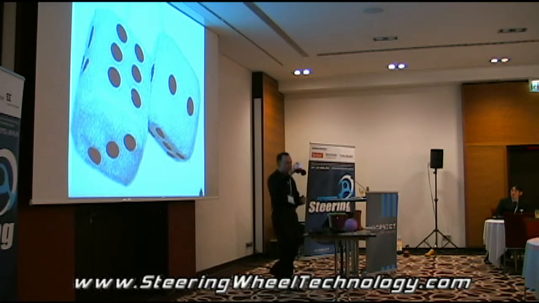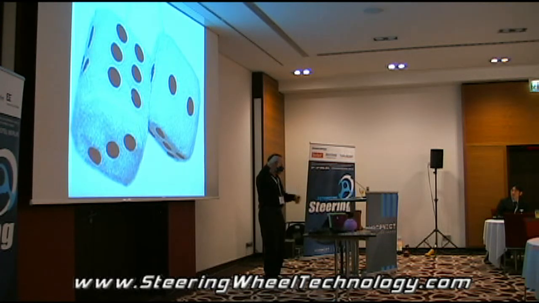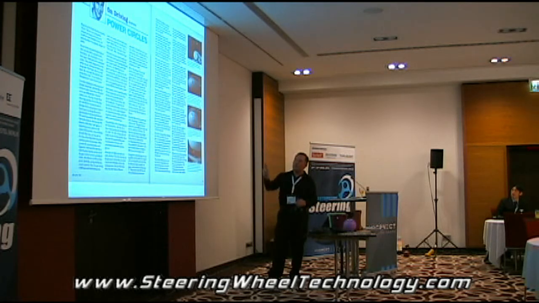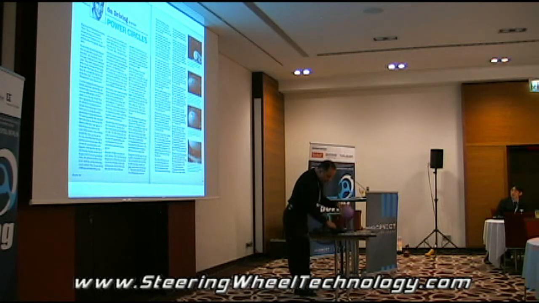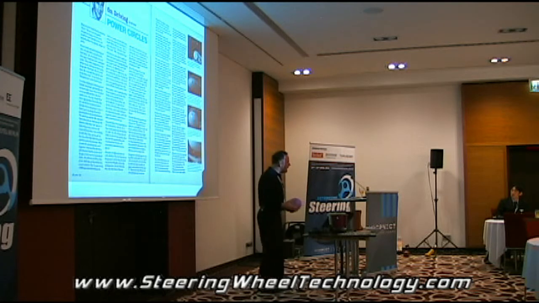So here we are. We've got these fuzzy dice hanging from the mirrors, and at steady speed, they point straight down. You squeeze on the brakes, they swing further forward until you lock them up. And then you go into the sliding coefficient of friction. If the maximum was a 10, you lose 30%, they come back. But since the tire can exert its force equally in all directions, we end up with what I call the power circle. I wrote this in June 1991,